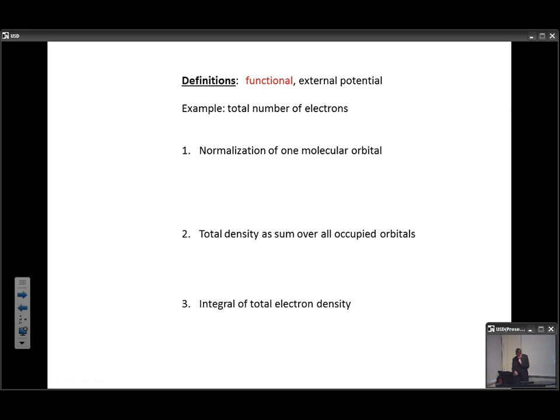So we need some examples. One example was on the previous slide. Another example, if we live in Hartree-Fock theory and molecular orbitals, then we do have a molecular orbital. It depends on position. And if we take its conjugate and multiply it by itself,